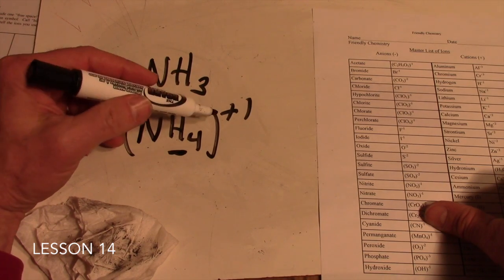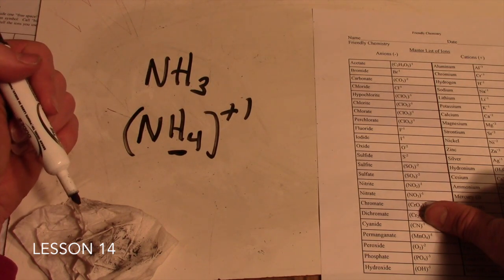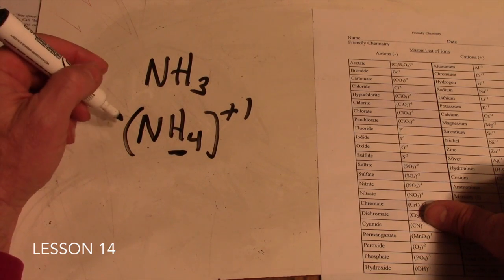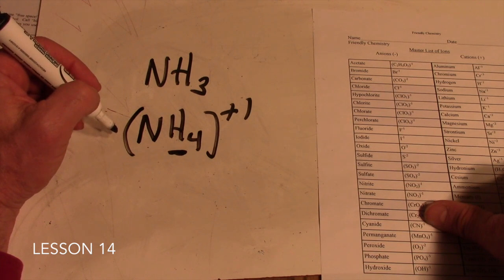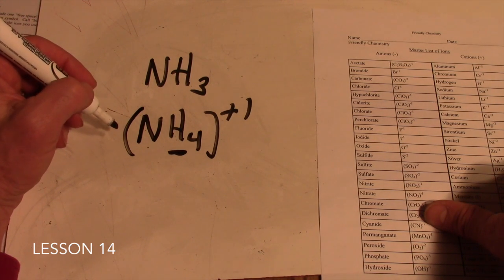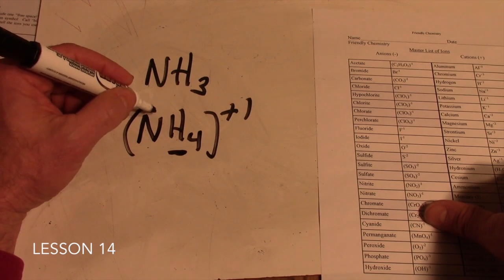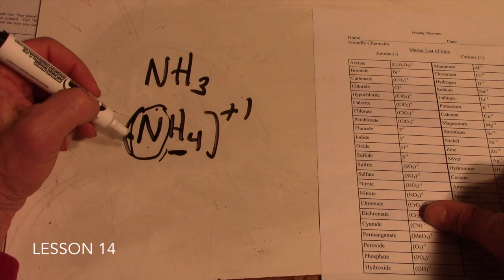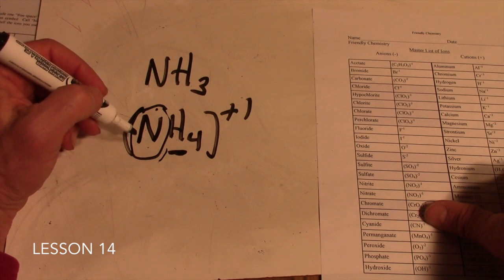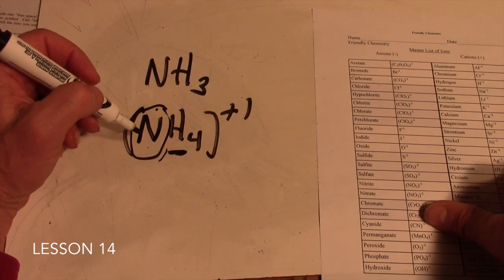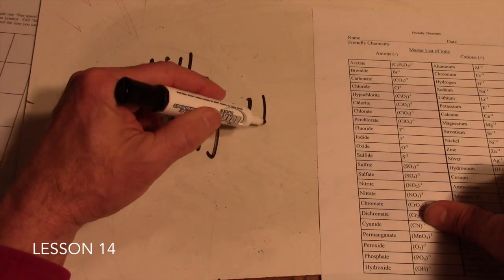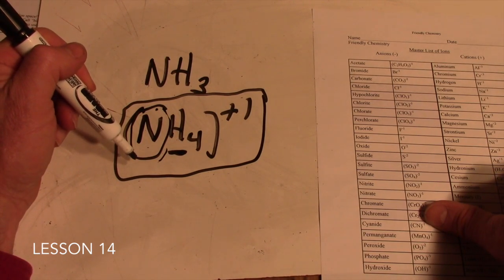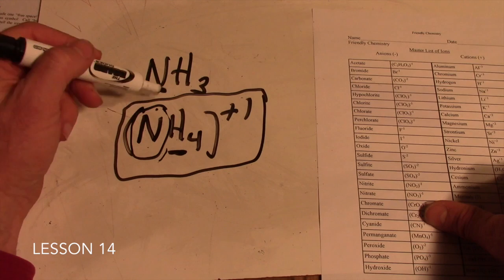Ammonium, NH4 plus 1. Ammonium is used in fertilizers. Farmers and horticulturists use ammonium to get nitrogen to plants. Nitrogen is the element which plants use to create their chlorophyll so they can do photosynthesis. Ammonium is often used in fertilizers, and so you can say, well, this is a fertilizer, and